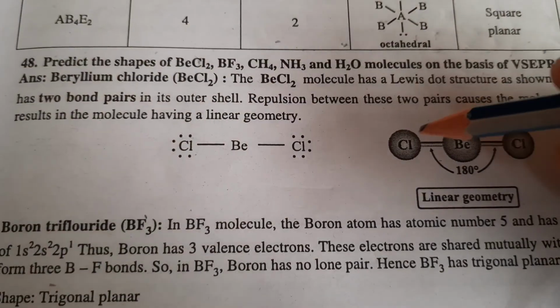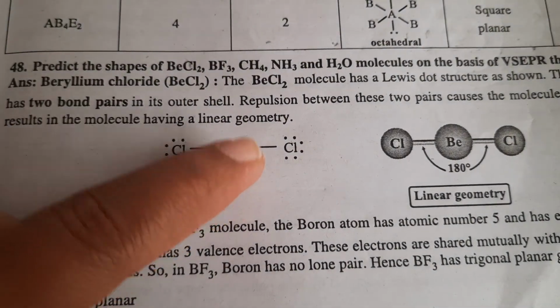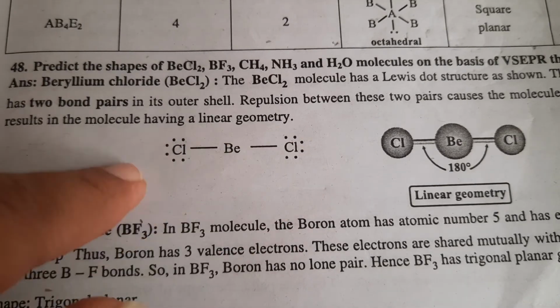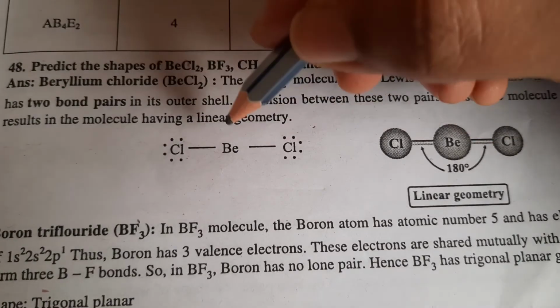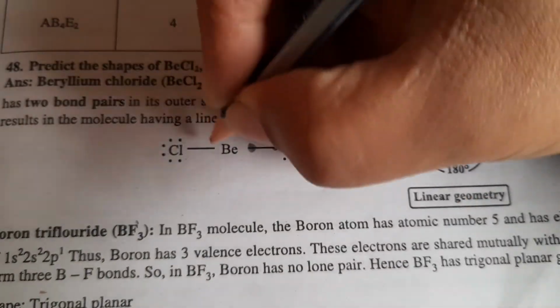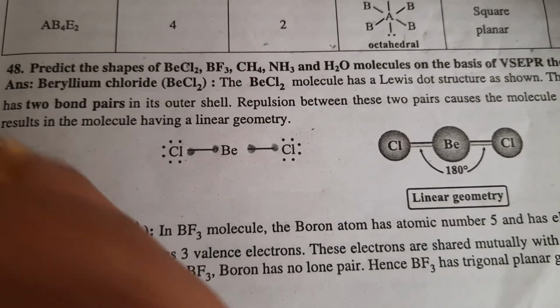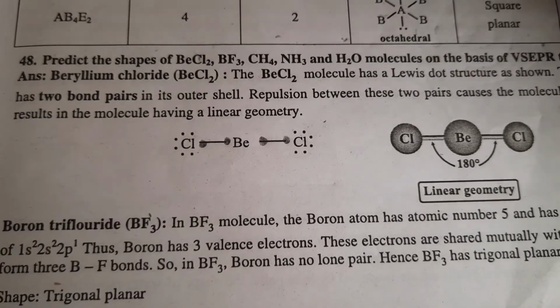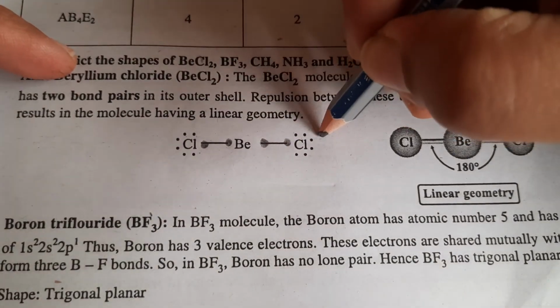At a glance of the BeCl2 molecule, the central beryllium atom has got bonded with 2 chlorine atoms. So we can see here there are 2 bond pair electrons present. So 1, 2, 3, 4, 2 pairs of bond pair electrons are there. Similarly, there are lone pairs of electrons present on the chlorine atoms also.